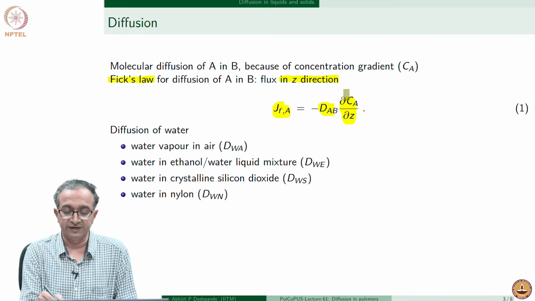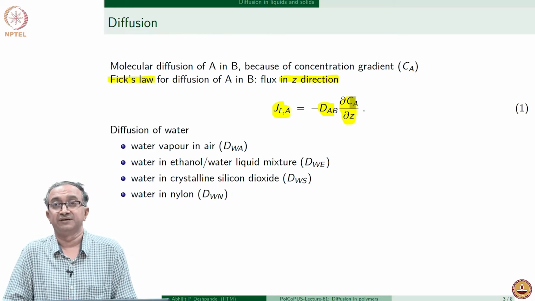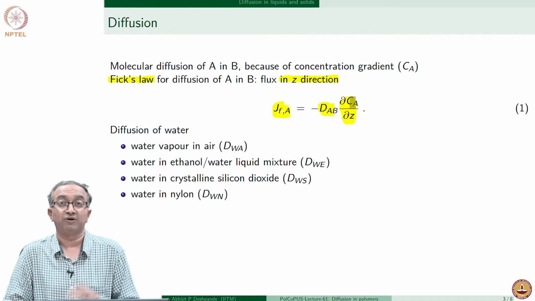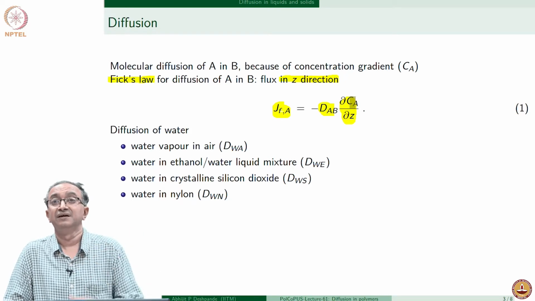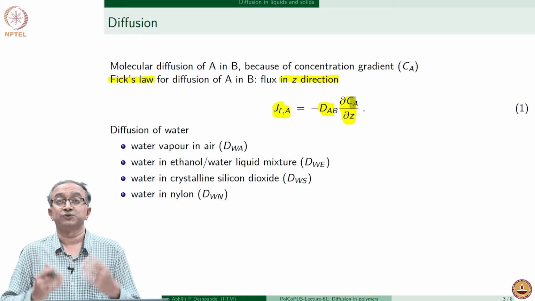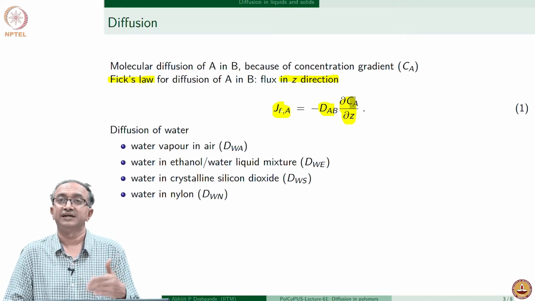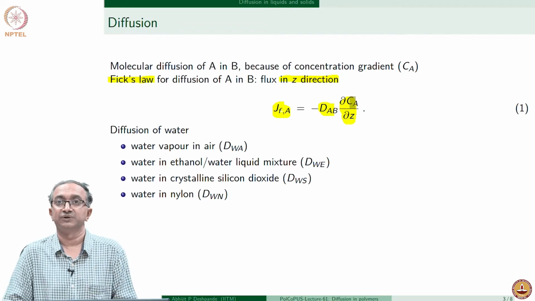So, if the gradient is high, then the flux will be high, and this is something which we know from common experience: if a lot of perfume is applied, then it diffuses quite fast and we come to smell it more quickly, while if less perfume is applied, it takes a little longer for us to sense it